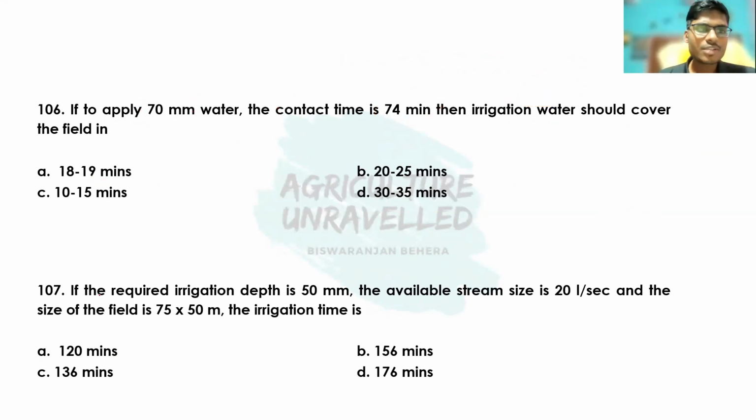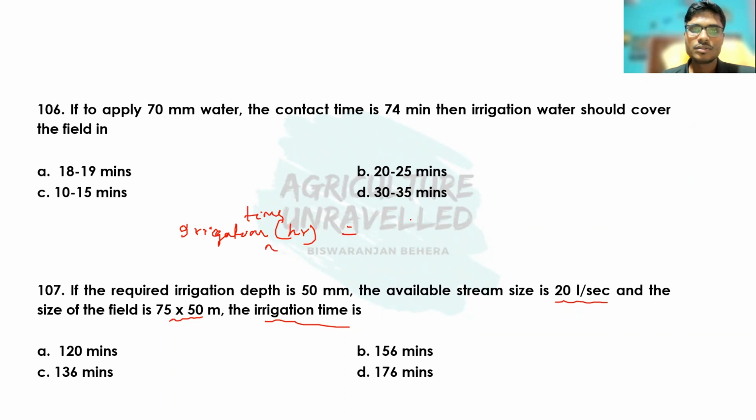Okay, then coming to next question, that is if the required irrigation depth is 50 millimeter, the available stream size is 20 liter per second, and the size of the field is 75 into 50 meter, then the total irrigation time is dash. So remember this formula, the irrigation time. I can derive this, but I'll not derive because it will take time. So I'll just give the short formula. You just remember this. So irrigation time in hour,